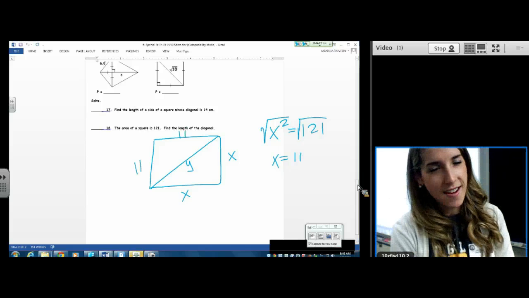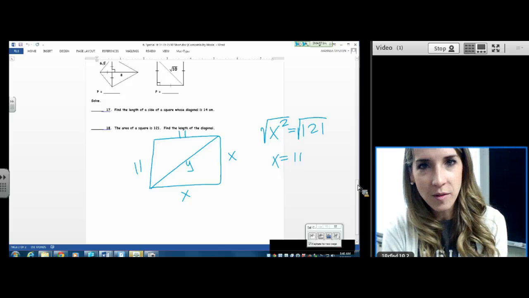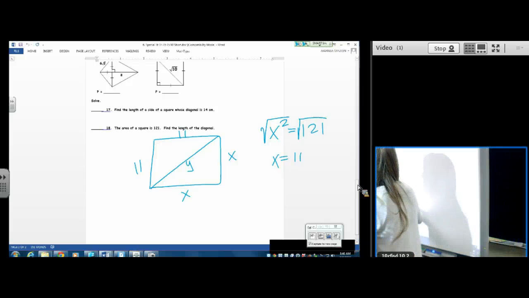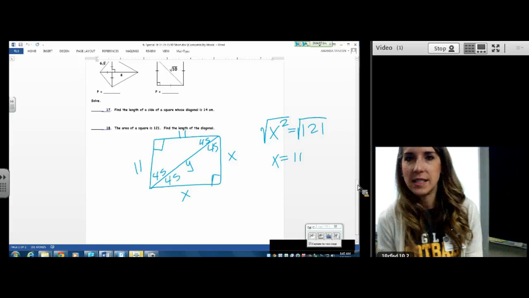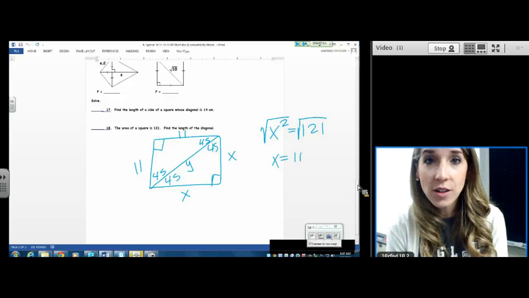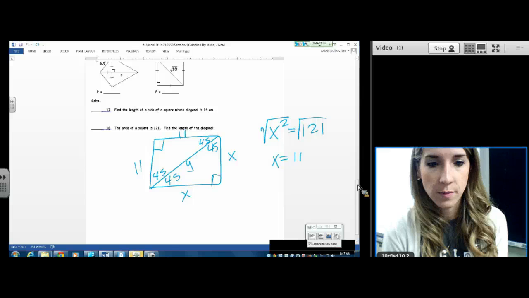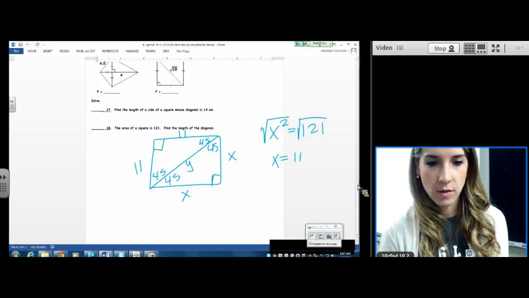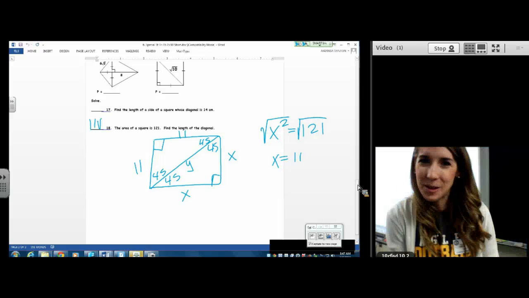Now, the great thing about a square is that when you draw the diagonal, you create two 45, 45, 90 triangles. That's not a coincidence. That happens every time. Every time you draw the diagonal of a square, you split it into two isosceles triangles. So what's the diagonal? 11, 11, 11 root 2. You don't have to do any math. Well, you're doing math, but you don't have to do any